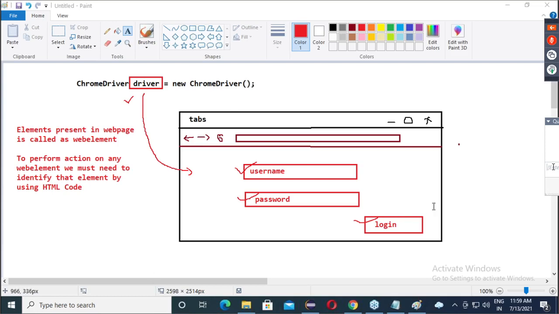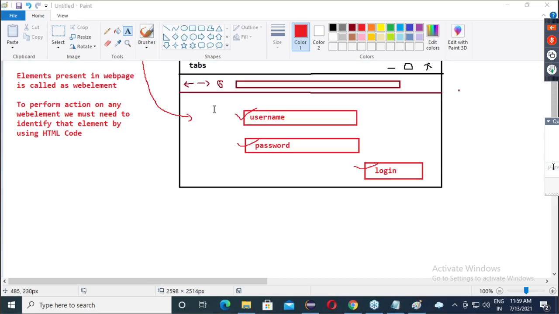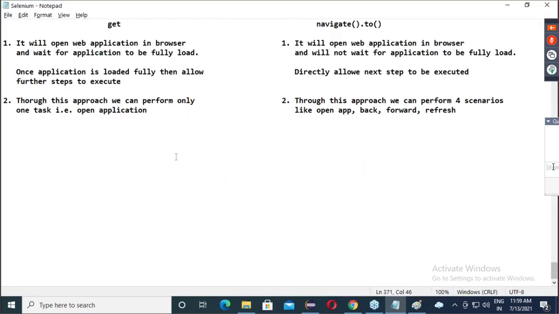Okay. Now, guys, let's understand the HTML language.